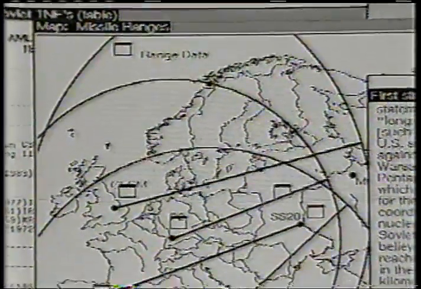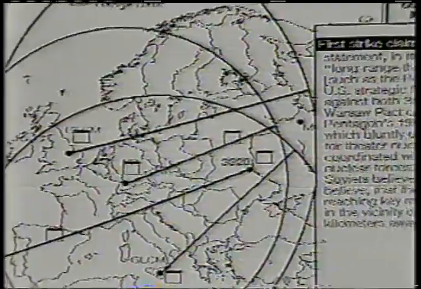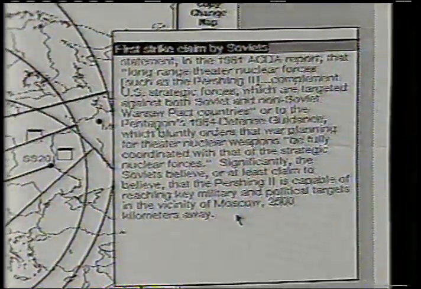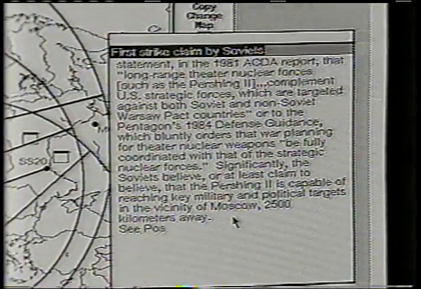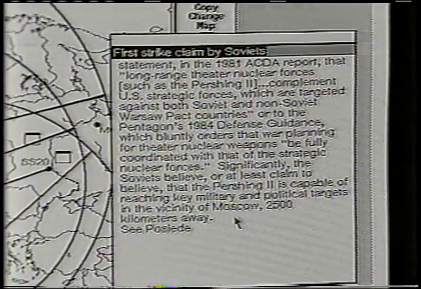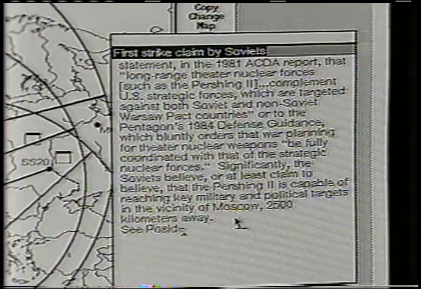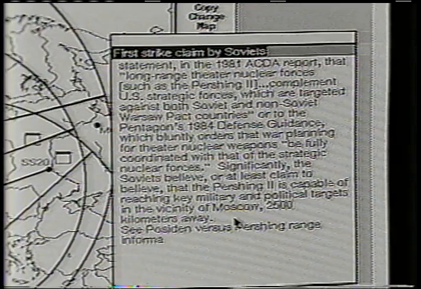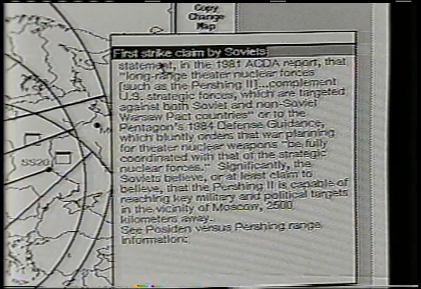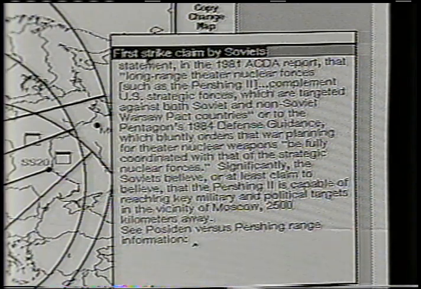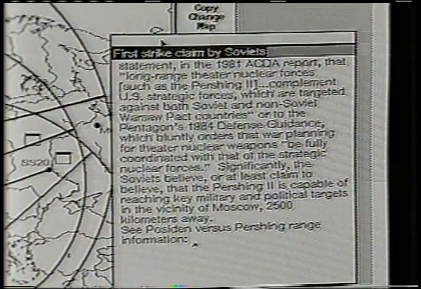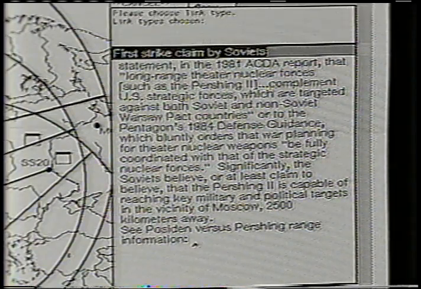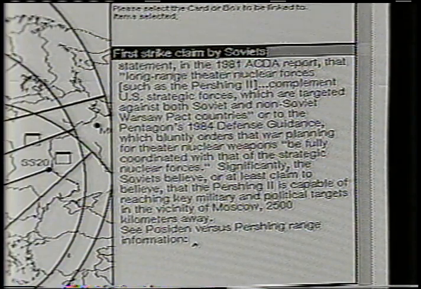And I want to take note of that fact in my note on the first strike claim. So I'm going to insert a note to myself that says, see Poseidon, first I have to spell it, Poseidon versus Pershing range information in my note, and then create a link to the relevant card, which is the table. So to do so, I ask the system to insert a link. Now this is contradictory information again, so let me choose it to be a contradiction link and make it point